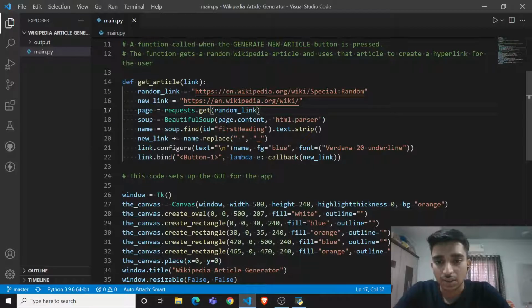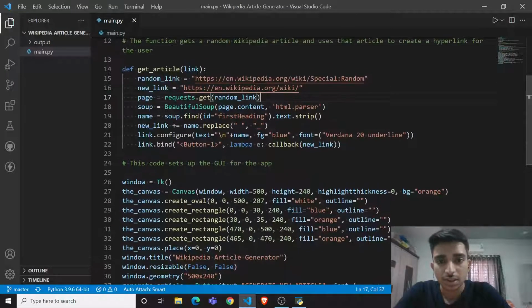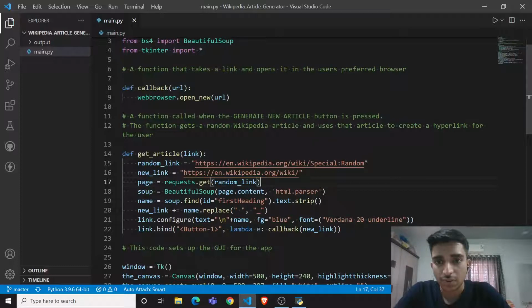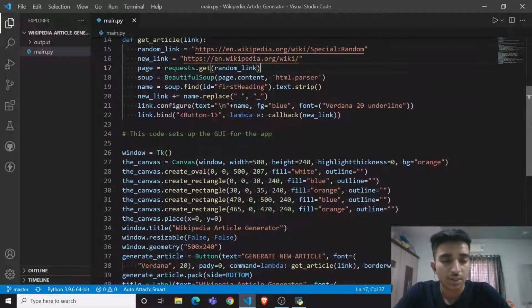Then I configure a link, giving some styles to the font, and bind it with the callback function. So whenever the user clicks on this link, the callback function is called, and it will open the user's preferred browser and show the Wikipedia article.